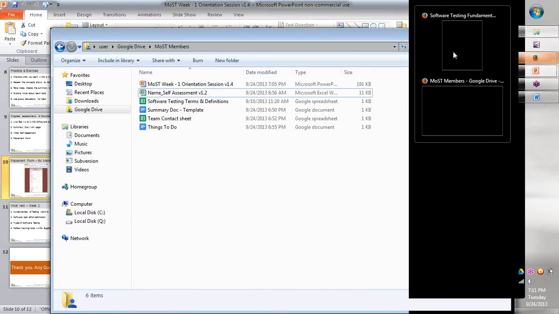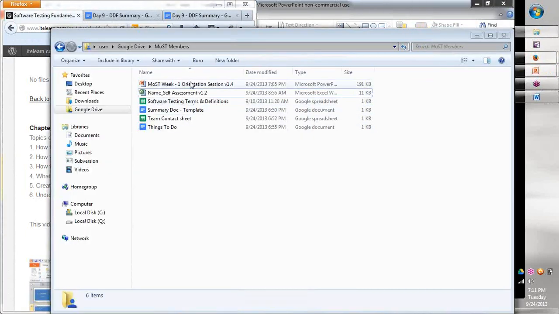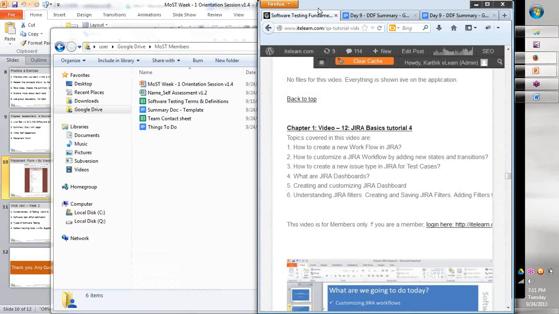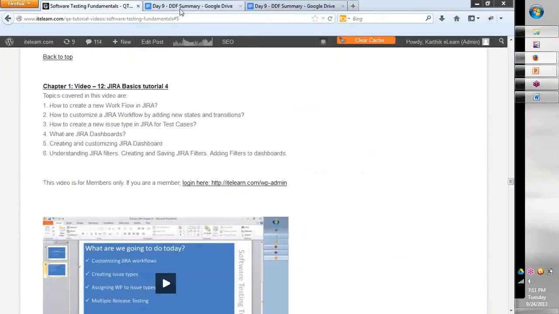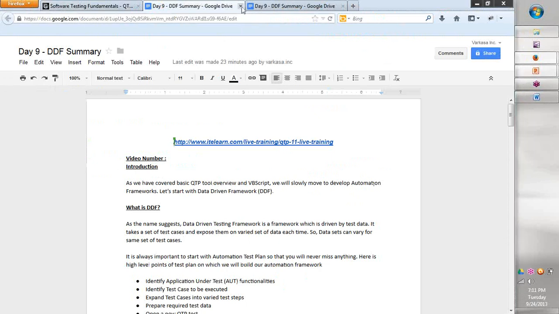Okay, so we know what we're going to learn. We know what we're going to be doing. As you do it, you have some of these documents shared automatically here. I have linked this with my offline folder, so any changes that I make will automatically come here. Okay, let's see. There are some hands here.